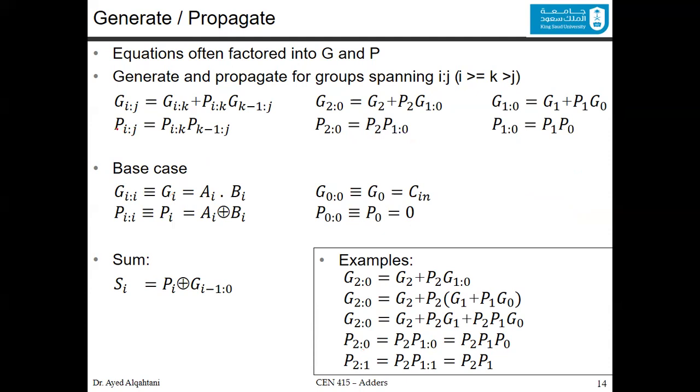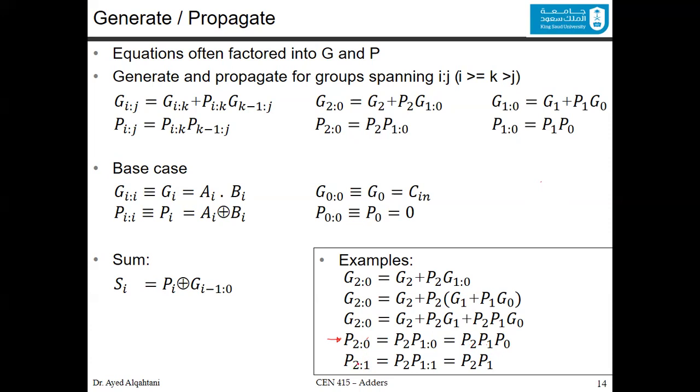So you can see from the propagation, when you talk about groups, starting from a stage to a certain stage, what you do is adding all the propagation signals from the beginning to the end. Now, if you look at this example, the end result is P0 ANDed with P1 ANDed with P2. And this is basically meaningless because we know that P0 is equal to 0, and 0 ANDed with anything will give you 0. So the propagation actually is interesting to us from the first stage on,